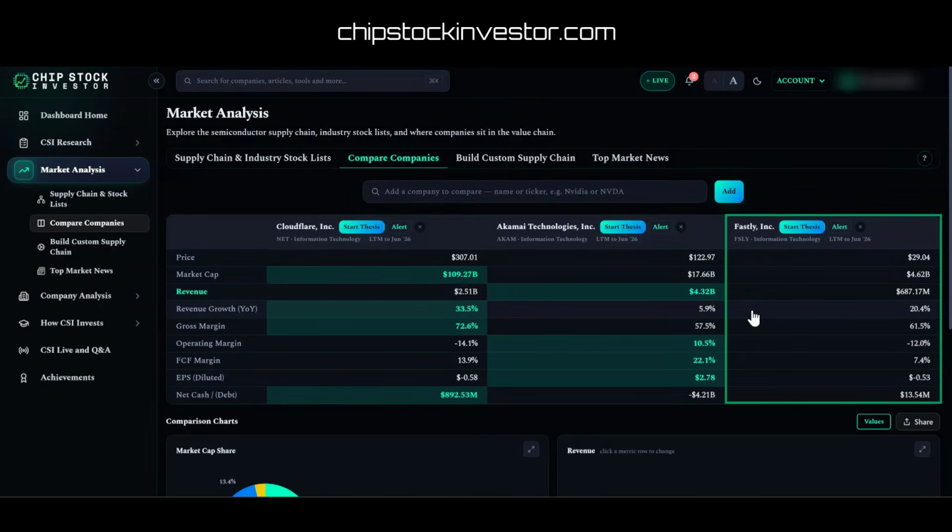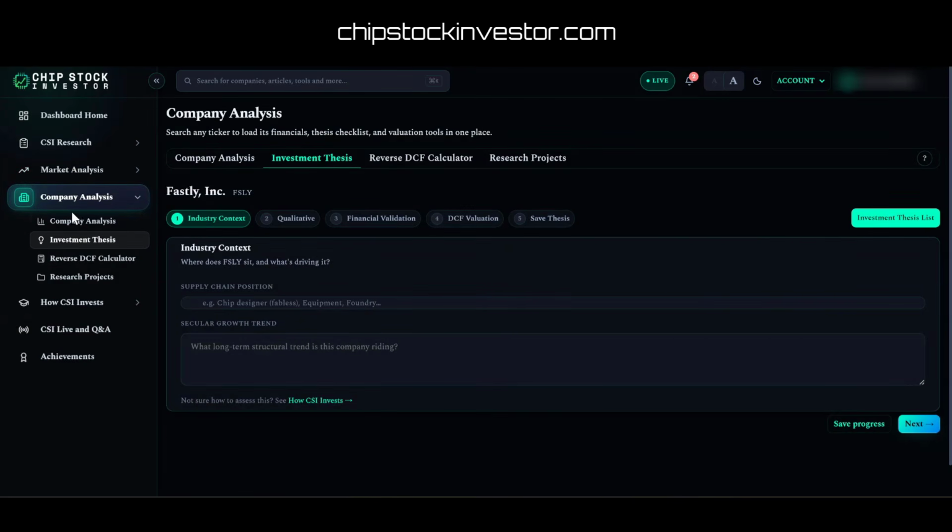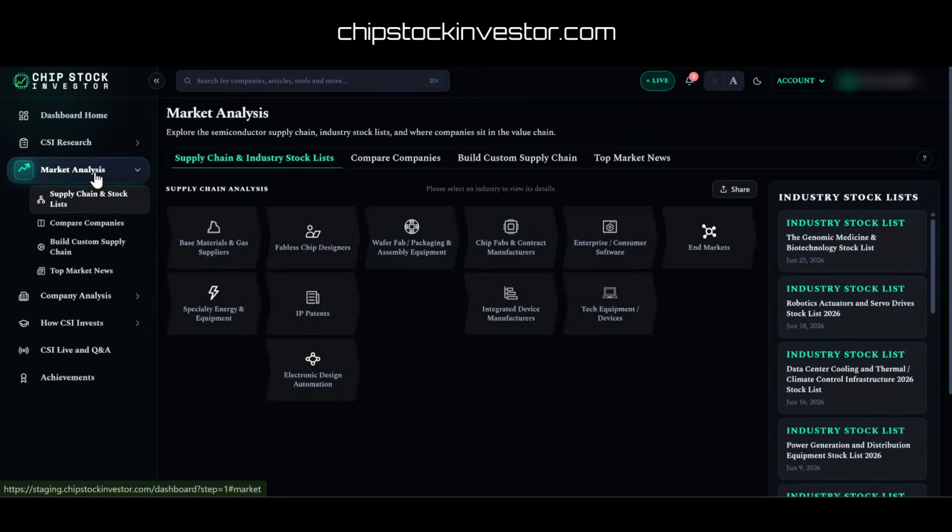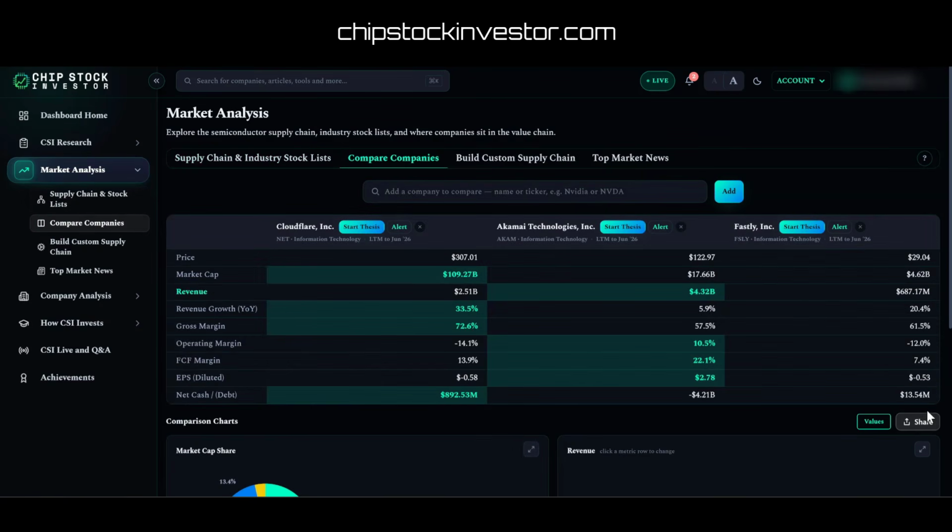And maybe it's of enough interest to you that you could immediately launch into this start thesis feature, which immediately takes you to the investment thesis checklist under company analysis, a new feature that is launching here in just a couple of weeks. But before we get there, I just want to walk you through the next step of our process. As you know, the way we run our methodology here at CSI is after we do this, we like